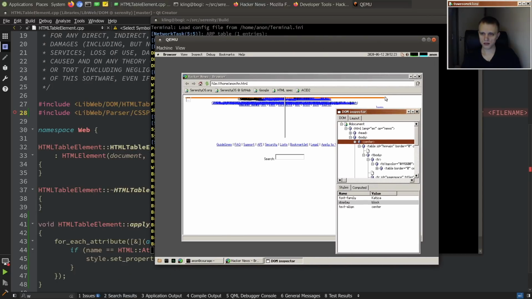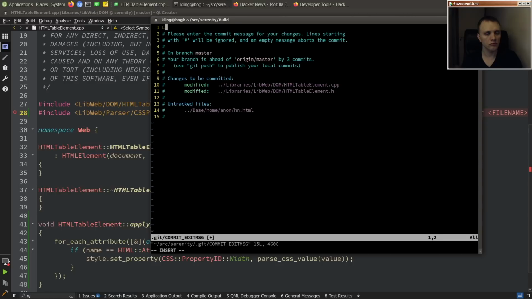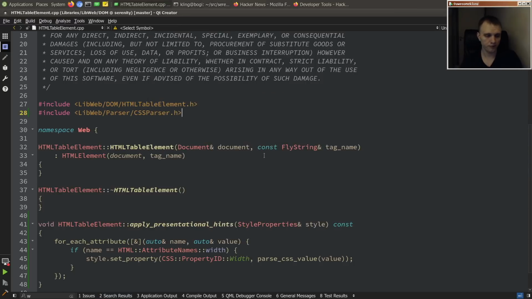But at least it seems like we applied the width. Yeah. So it was transferred down to the specified style. So that's good enough for a start. Turn table width into a CSS width property. All right, and then